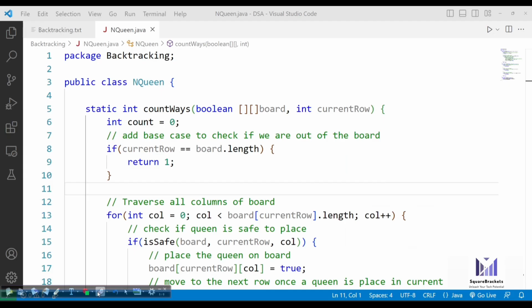Let me draw a small matrix here, with 4 rows and 4 columns.